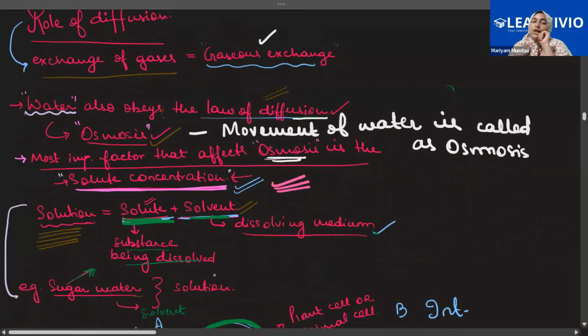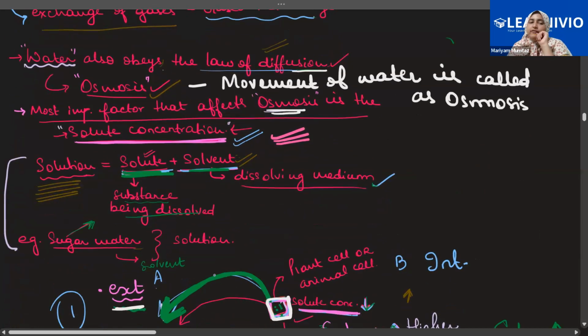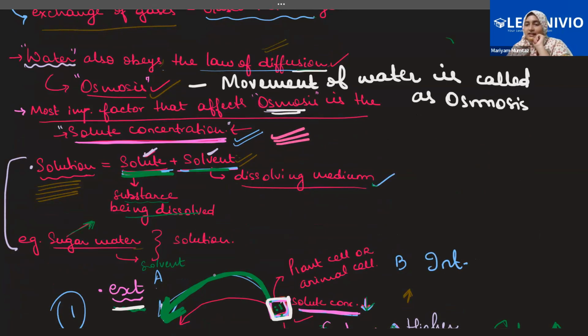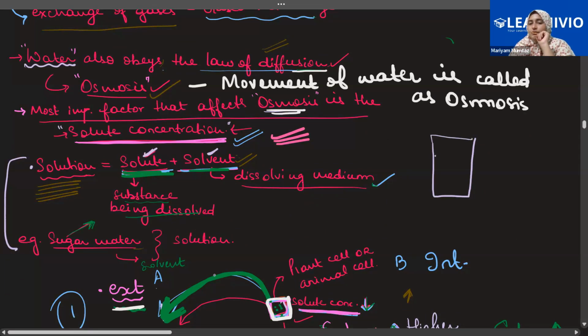See, solute is one of the components of a solution. Solution is a combination of solute and solvent. How many of you have had sugar water, lemonade? Everyone has had? Okay. Now, what all things are present in it? We have water, we have sugar, right? And we have lemon, right? If you remove the lemon and just think about sugar and water. So if I am drawing a glass here, this is a glass. In this, water is there and then sugar particles are there.